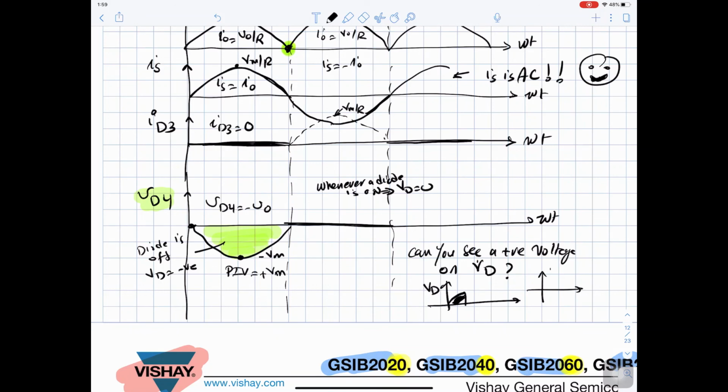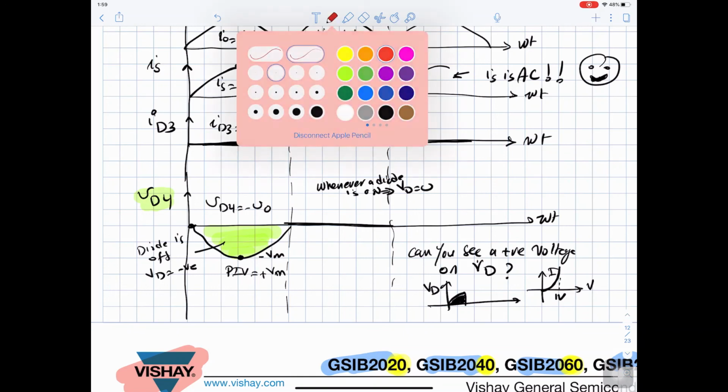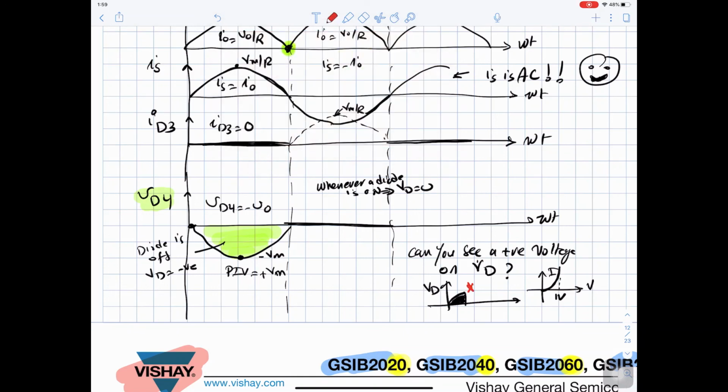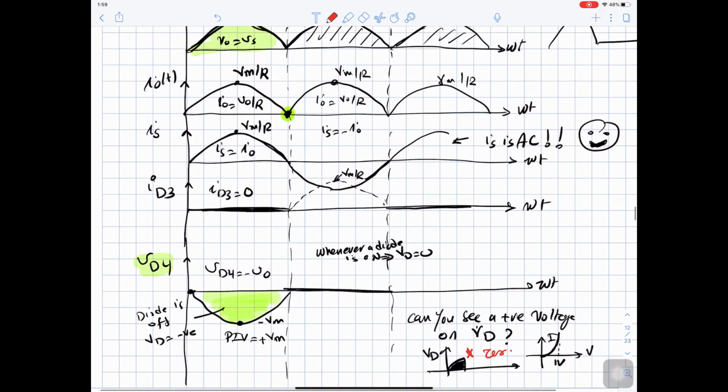So the diode characteristic IV, that its voltage when it is on will never exceed 1 volt. So if the voltage is positive, the diode will turn on and its voltage will be 0. So when we see a positive waveform for V diode, we know that you should get 0, okay? So now we finished sketching the waveform for V source, for V out, for I out, for I source,